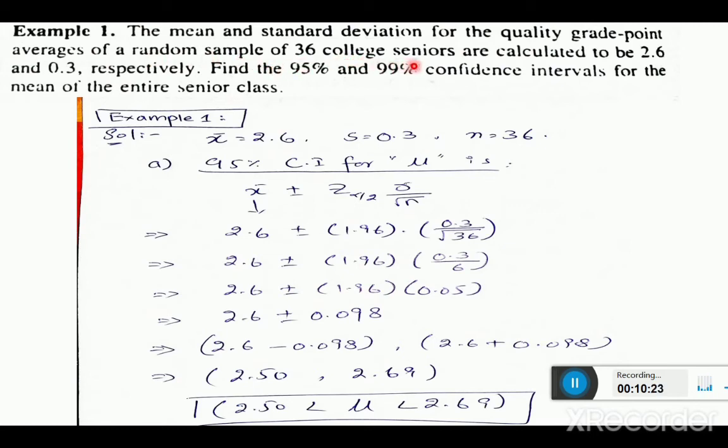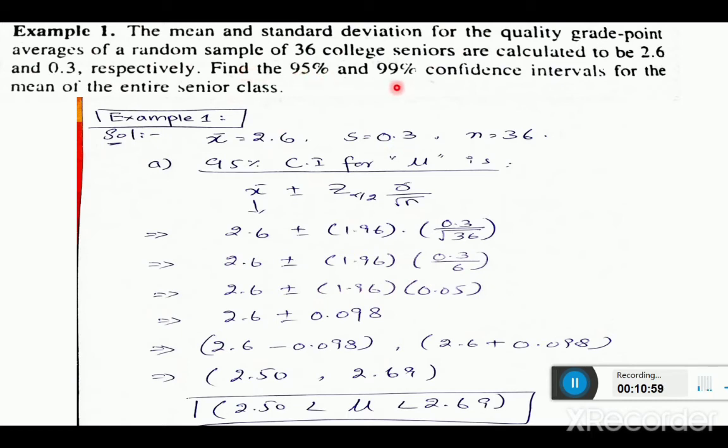College seniors are calculated to be 2.6 and 0.3 respectively. The total n is equal to 36. The average x bar is 2.6, and 0.3 is the standard deviation, sigma. This is not s, this is sigma. So we construct and find 95% confidence and